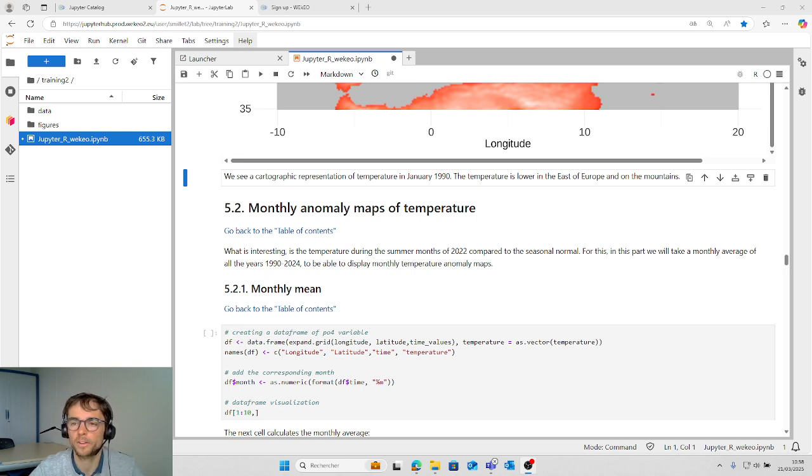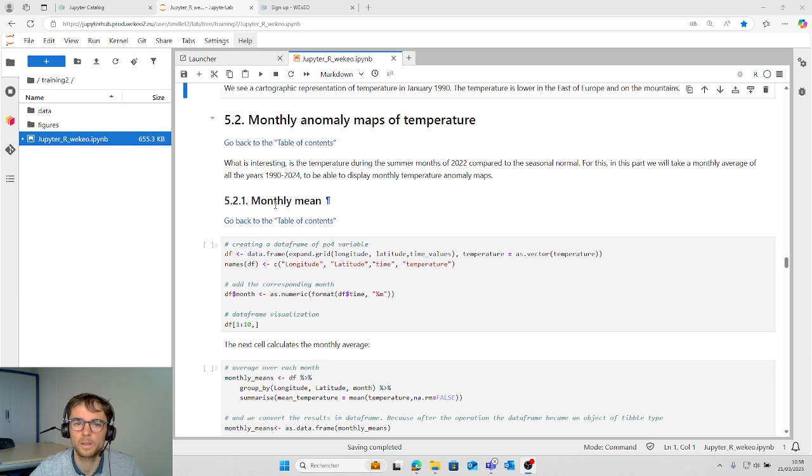So for this, we will make a monthly average of all the years, so from 1919 to 2024, to be able to display a monthly temperature anomaly map. So first, we make a monthly mean. So we create a data frame here with longitude, latitude, and time, and the temperature.